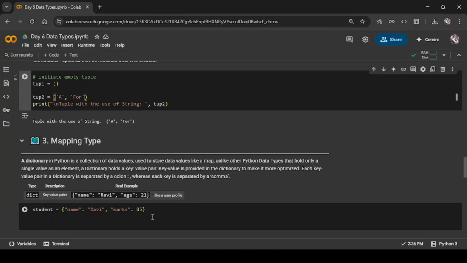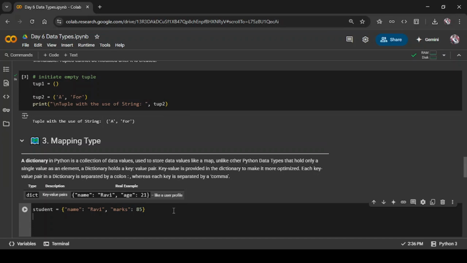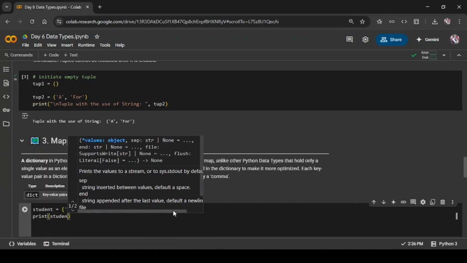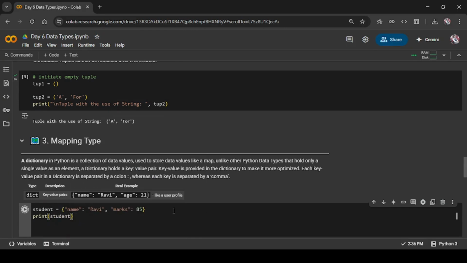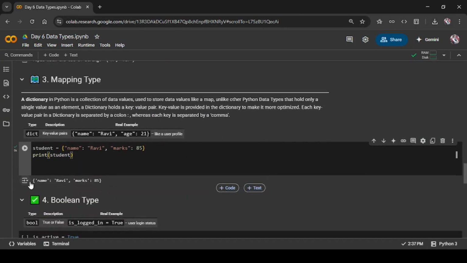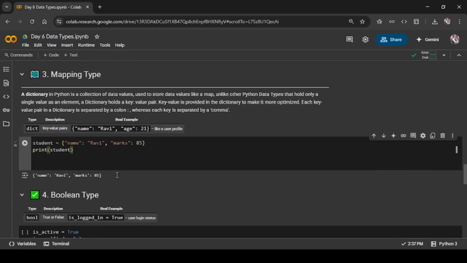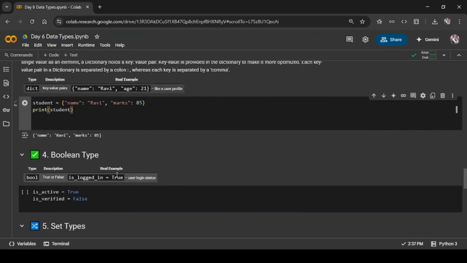Okay, like here you can see a key value pair. If I print student, then you can see name Ravi and marks equals 85. Okay,